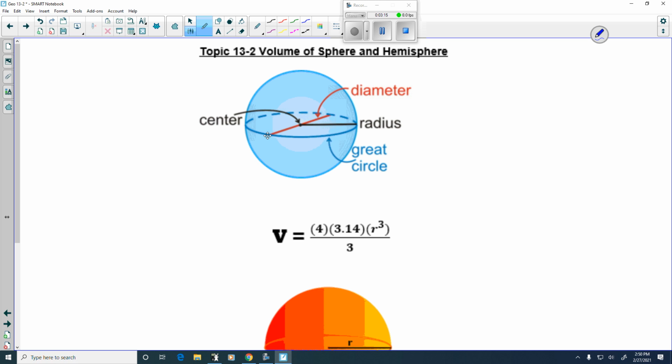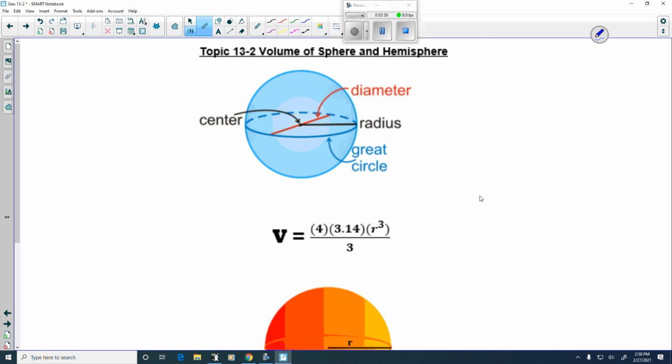It's the farthest distance from one point on the circle through the center to the other side. But just from the center to the side is a radius. So the diameter, of course, is twice the radius because it is a circle. It's the great circle because it's the biggest circle that would fit in there. If you thought about this being a ball in a hula hoop, it's the biggest possible hula hoop that we